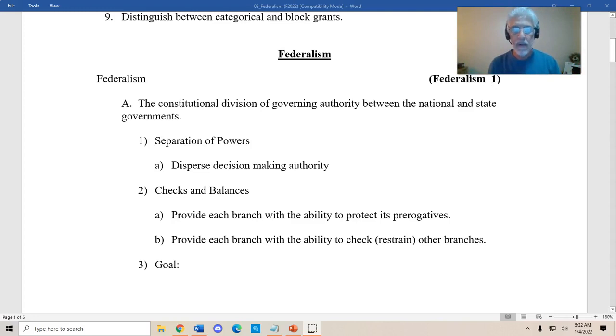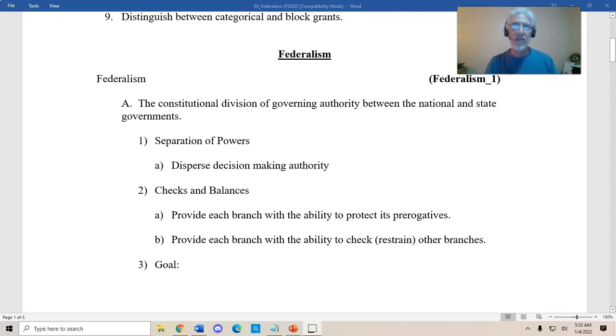And so what did they do? They said, we're going to create a legislative branch that's going to have the authority to write laws. And we're going to split it in half, and we're going to have a House of Representatives and a Senate. So we divide up that authority. Then we're going to have an executive branch. They're going to be the ones who enforce the laws. Then we're going to have a judicial branch. They're going to be the ones that interpret the laws. Rather than giving all this power to one person, they're going to spread it out so that decision-making authority has to be agreed upon among a larger group of people. So that's what I mean by the separation of powers.